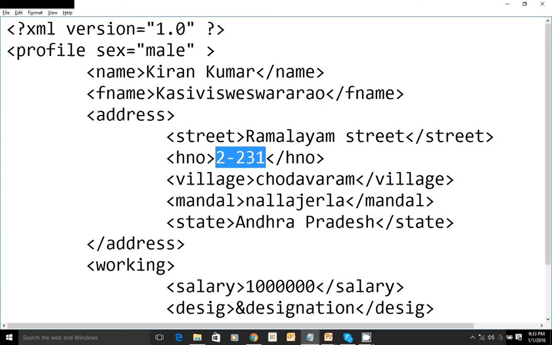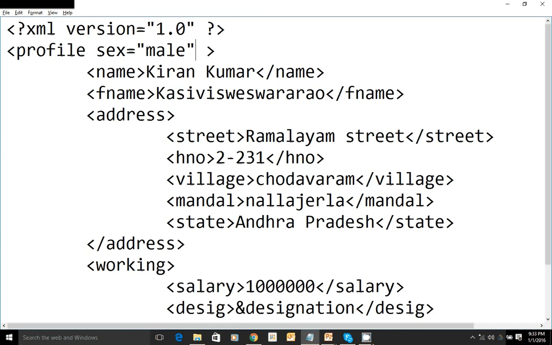The next one is CDATA. The attribute values which we specify are usually defined as CDATA. CDATA stands for character data. Usually this character data cannot be parsed by the parser software. It is just to give information about the XML elements, nothing more.